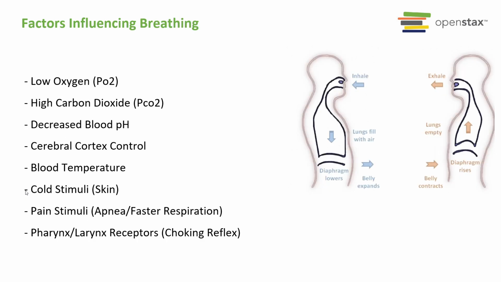Now, there are additional factors that influence breathing. So you can think about low levels of oxygen, high levels of CO2, decreases in blood pH. There's also cerebral cortex control, blood temperature, cold stimuli, pain, and pharynx type receptors during choking, for example. Many of these factors can also modulate